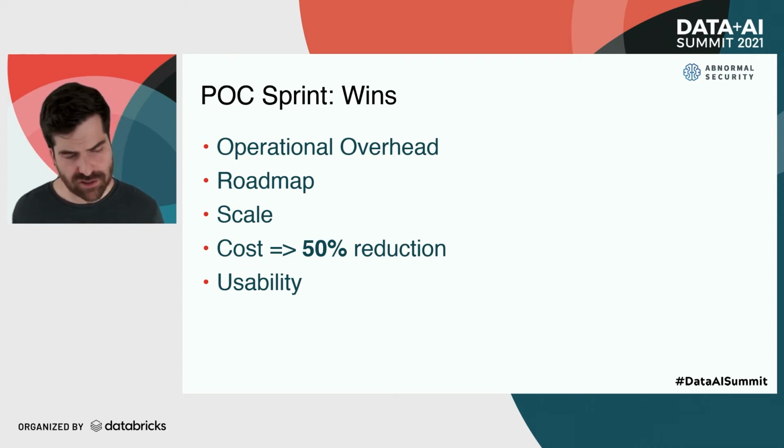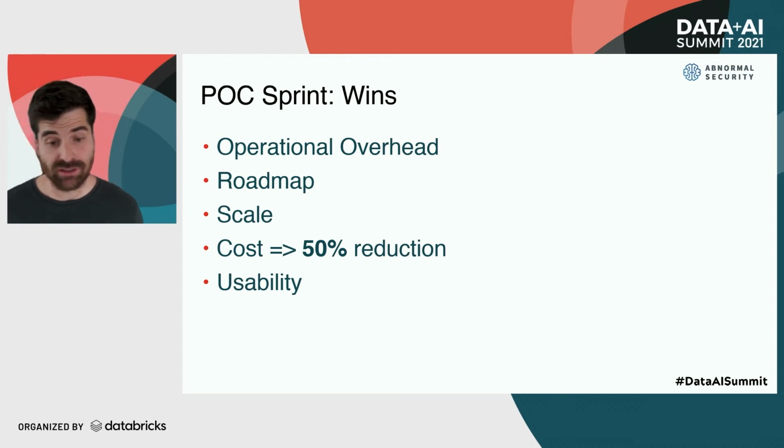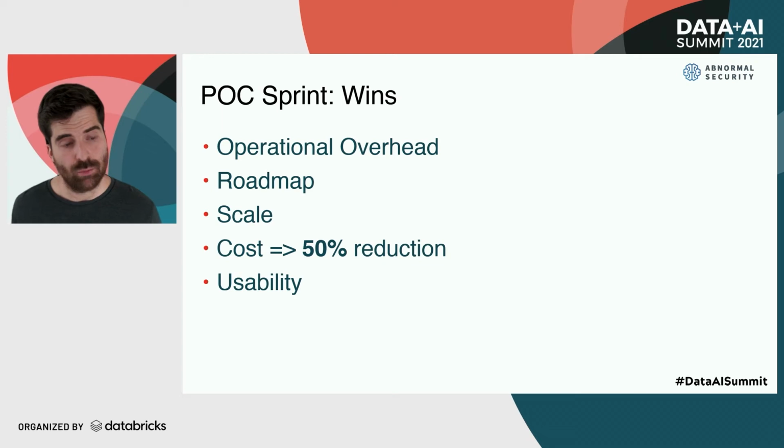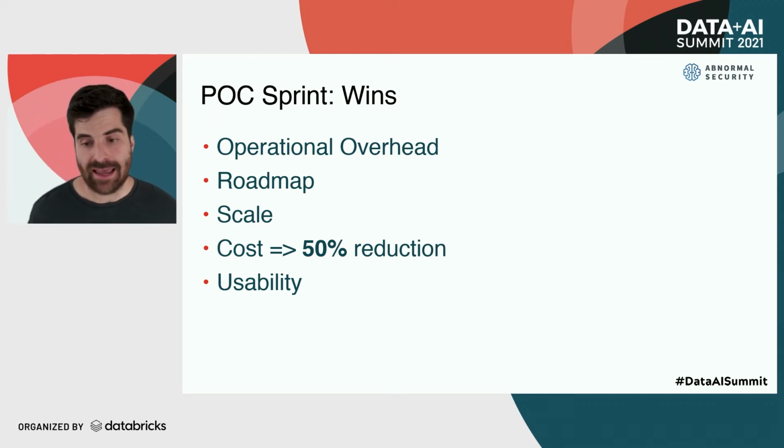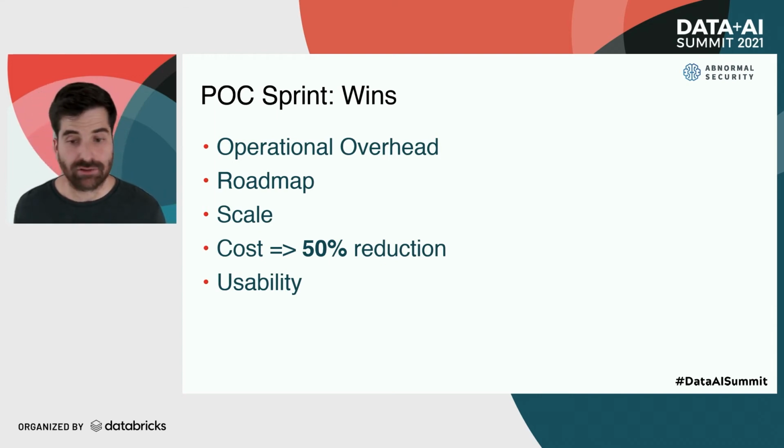So for cost, I mentioned this wasn't a super high priority for us, but it ended up being a really big win. So that pipeline that we were running that was notoriously difficult to run, we saw a 50% cost reduction from moving it over to Databricks. And some of the reasons that we think that happened was because running long-lived clusters, you're spending money on on-demand instances that you don't necessarily need when running job clusters because they're very short-lived. So we can run most, if not basically everything except for the driver, on Spot.